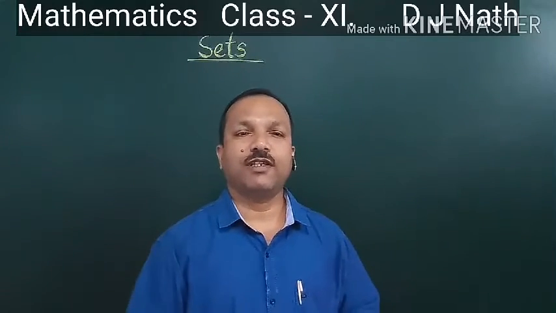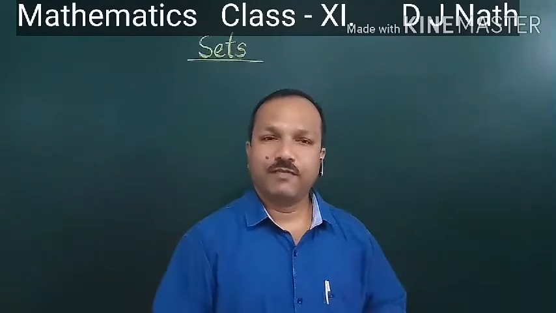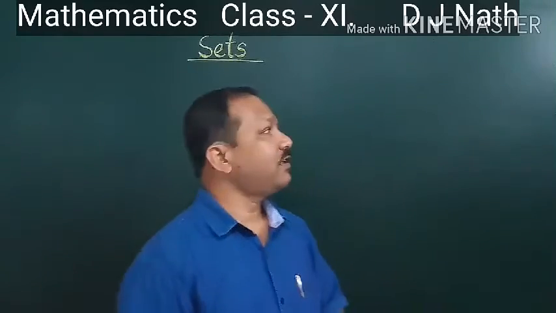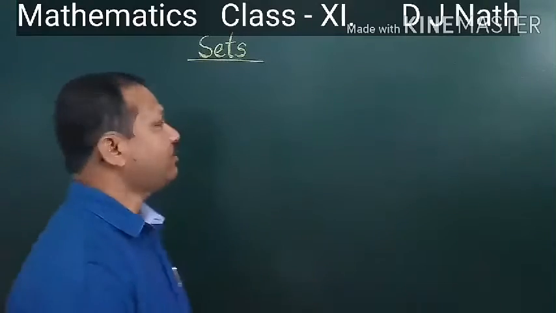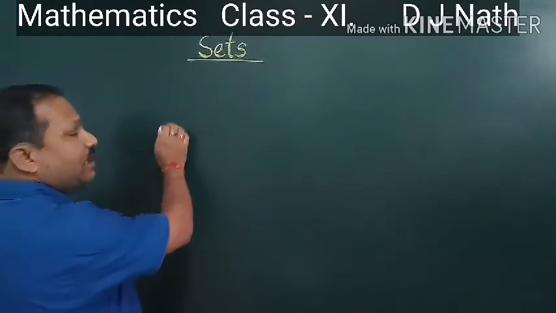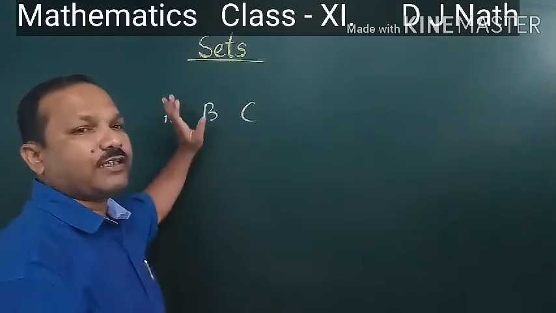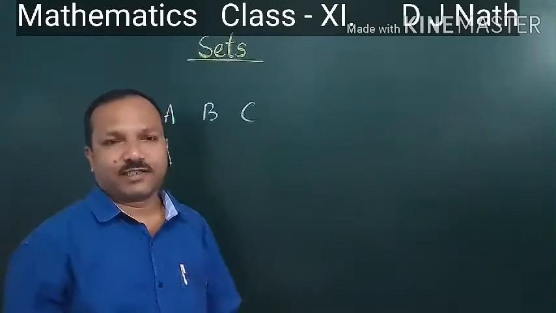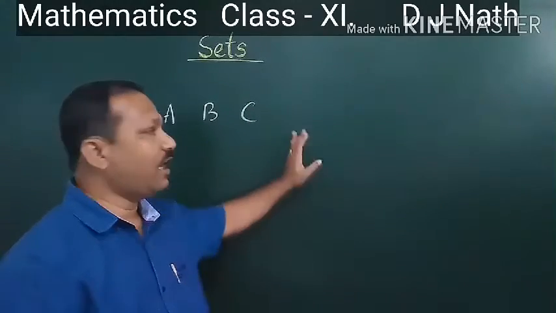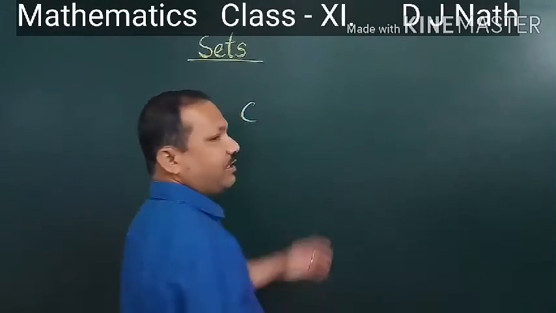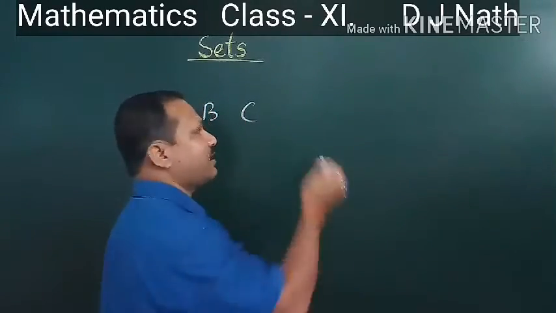As I have already given you the PDF, you can get the notes from that. So here I am explaining this one. Try to understand, I'll give some examples. The sets can be denoted with capital English alphabets, like A, B, C. With that we can denote the set. And the members or elements of the sets are always written in small letters, either a, b, c, x, y, z, anything, or with numbers also.